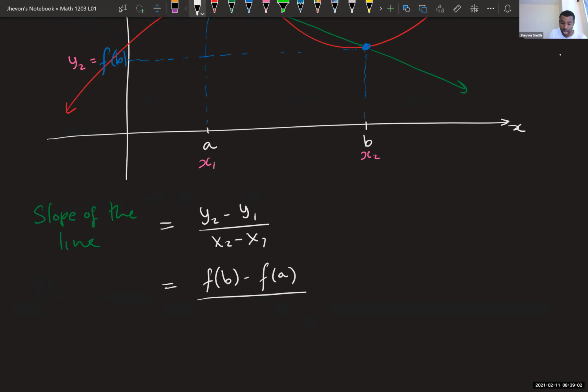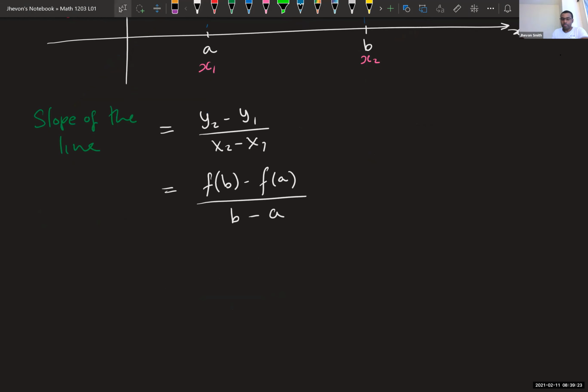y1 is f of a, and x2 is b, x1 is a. So it turns out the difference quotient is actually just the slope formula, right? Believe it or not. I hope it's not anticlimactic, but it's just this old formula that we knew about, the slope. So in other words, this is just the slope of the line, of the straight line,